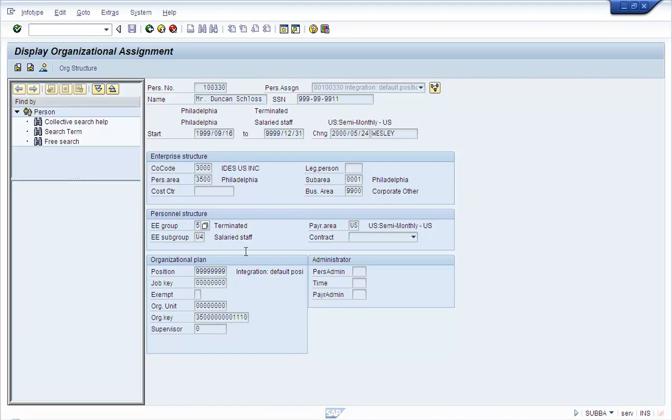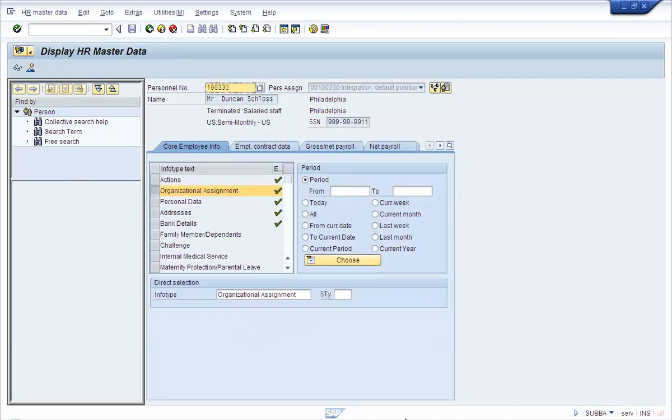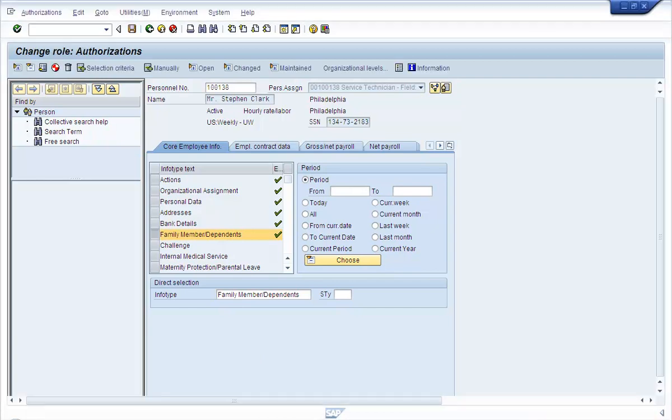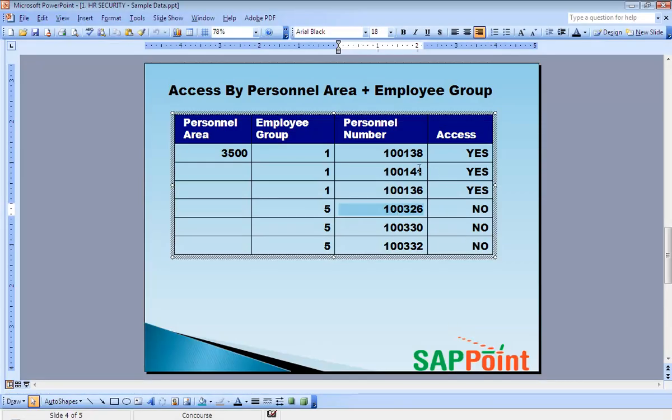So let's go and check. In this demo, we're going to restrict access by personal area 3500 and employee group 1. Which means that we should not be able to see 326.